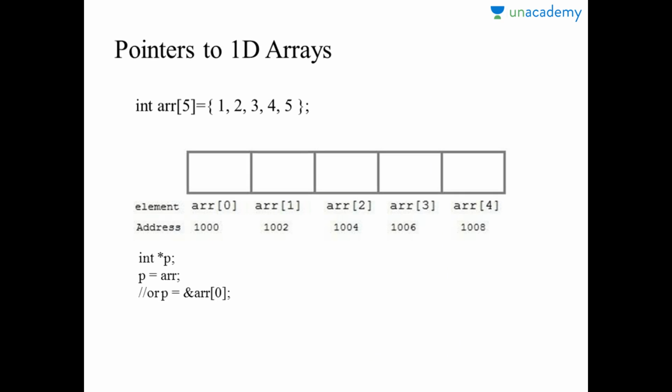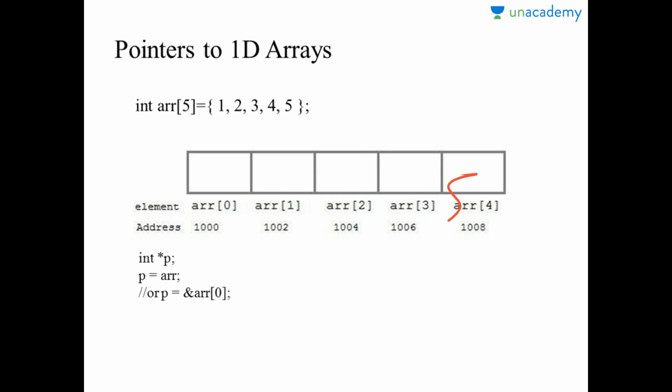Anyways, moving on to pointers with one-dimensional arrays. When an array is declared, the compiler allocates a sufficient amount of memory to contain all the elements of the array. The base address, that is the address of the first element of the array, is also allocated by the compiler. Now suppose we declare an array, let's say ARR, assuming the base address of ARR is 1000, and each integer requires 2 bytes, and there are 5 elements because we have defined 1, 2, 3, 4, 5. So they are going to be stored as 1, 2, 3, 4 and 5.